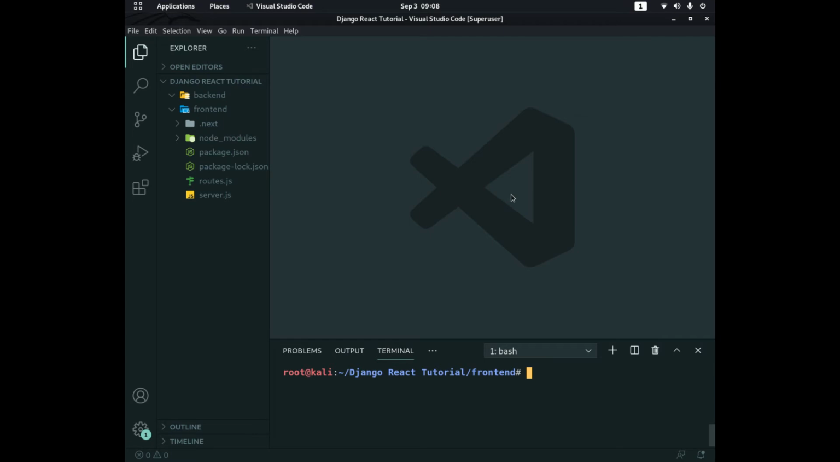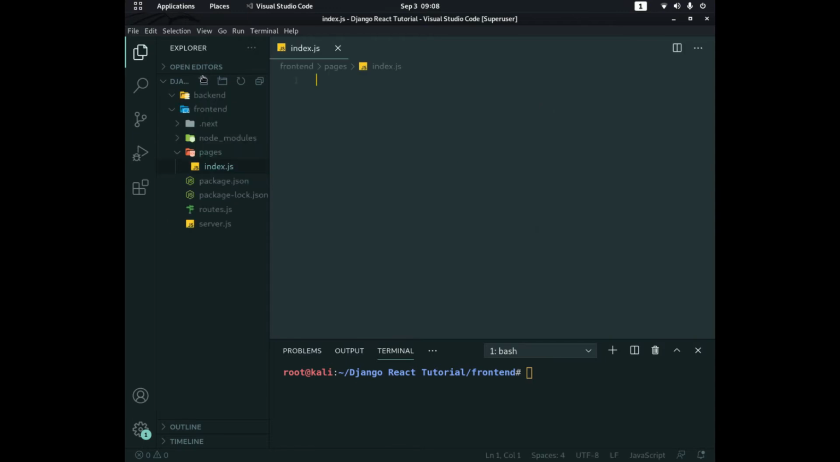As you see on my screen, I'm using the Visual Studio Code editor. Here I have a front-end folder where my React front-end code will reside. First of all, in this folder, I will create a folder known as pages. In this, I will create index.js. Okay, so let's see how to create this